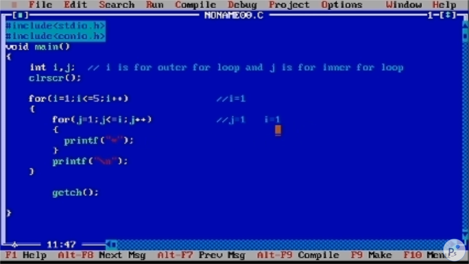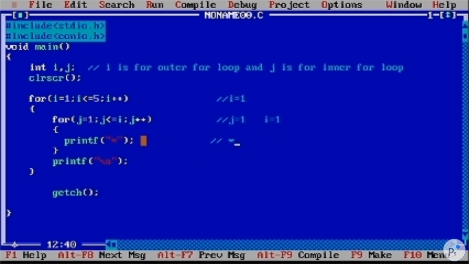Okay, so it will print our star like this, at the print statement. It will print that star.